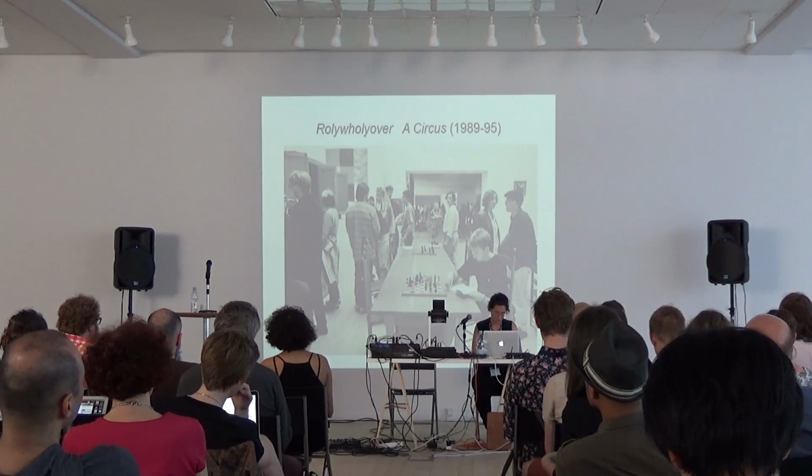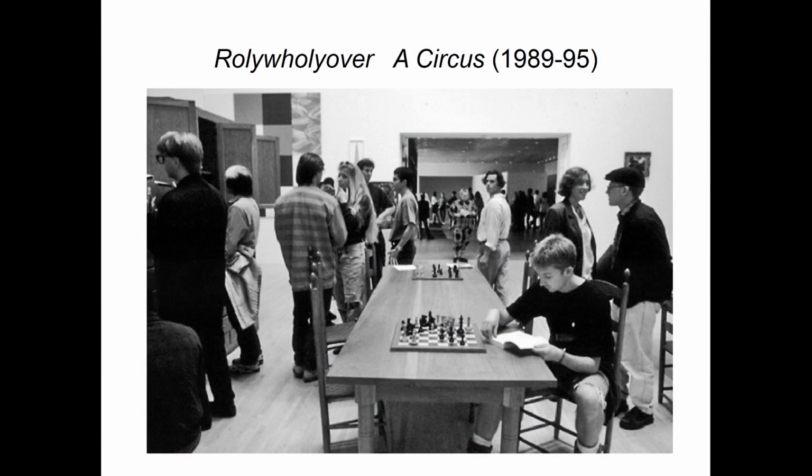Secondly, as in Cage's musical compositions, background sounds intervened. Similar to 4'33" from 1952, where the audience was part of the silent experience, in Rolywholyover, Cage empowered the visitors and the exhibition installers as performers. While they were dealing with a displayed object, moving chairs, playing chess, reading books, etc., they were adding sounds and themselves became part of the exposition.